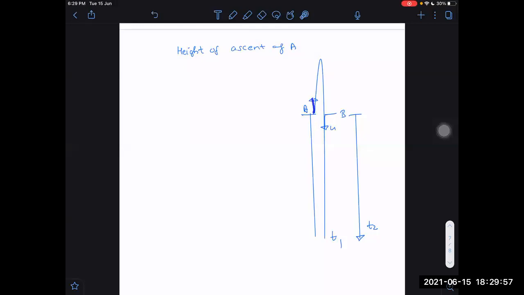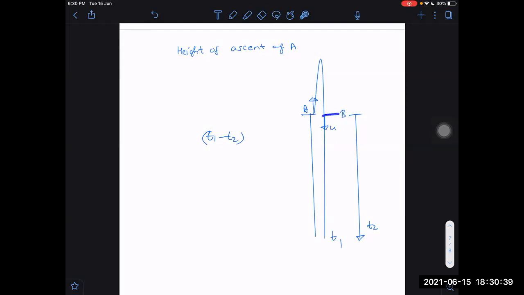I know that because the speeds are equal, A here and A for B also. As the speeds are the same, when A comes and reaches the same point again, its speed will be downwards. Its speed will be u downwards again or not? Yes, sir. So after coming back to the same height, when u goes downwards, it will take extra time t2 only, same as B has taken. Then what is the time of A for the journey above the tower? The time should be equal to 2u by g, t1 minus t2. u is not given. Don't say in terms of unknown quantities, in terms of known quantities. t1 minus t2 will be the time of flight of A above the tower.